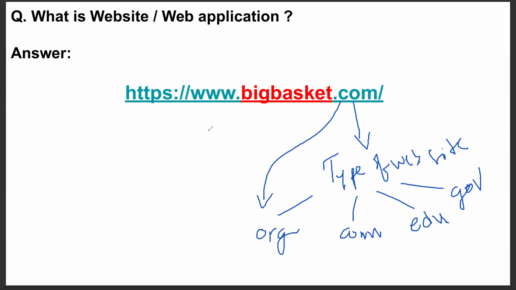Sir, if it is a country code, it ends with .in for India. Yeah, I'm coming to that last point. Sometimes you can see .com.in also, right? So this .in tells which country this website is running in. Sometimes you can see .uk, right? So this tells which country this website is running in. I hope this is also clear to everyone. Guys, clear everyone?